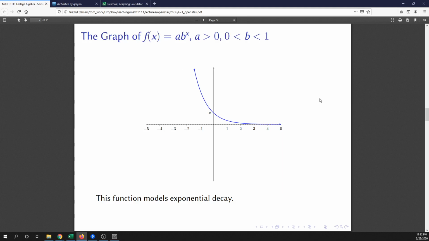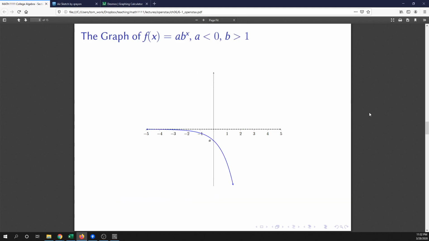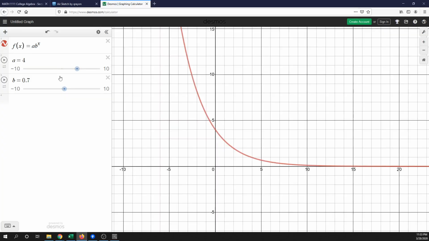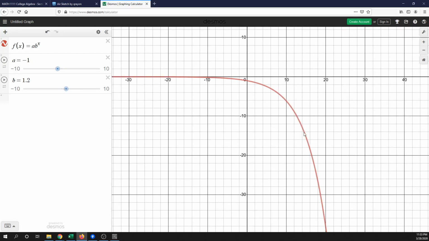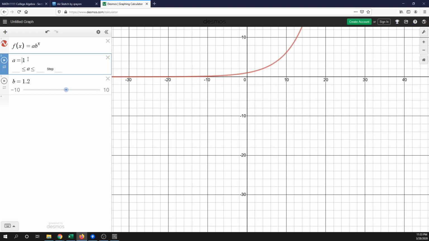All right, and then the next two are when a is negative. Remember, if a is negative, what that really does is reflect the graph around the x-axis, right? So the exponential growth one was where it kind of went up like that, and this one would be the exponential growth graph reflected right around the x-axis. So here's where the a is negative. Let's put this up here. And then if we switch the a to be negative, it switches the graph so that it's down here. Okay. So if I change it to positive 1, all that does is reflect,